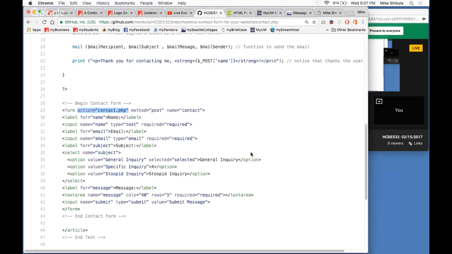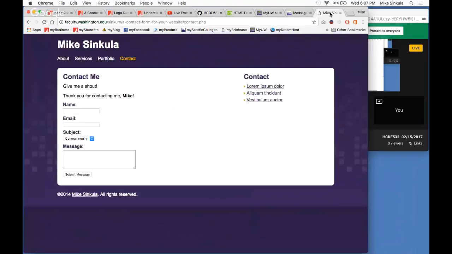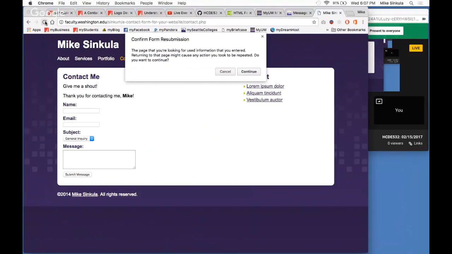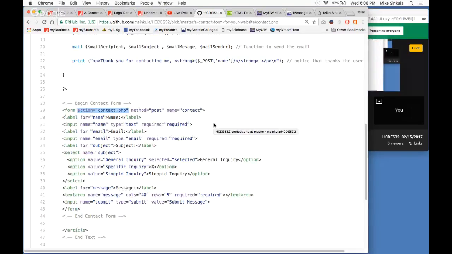Now that I've submitted this form once, if I hit the refresh button, it's going to say, the page you're looking for used information that you entered. Returning to that page might cause any action you took to be repeated. Do you want to continue? So what's actually happening is, when a user puts information into the input fields and the message field like that, that is considered to be post data, okay? Meaning that if and when we do hit the submit button,